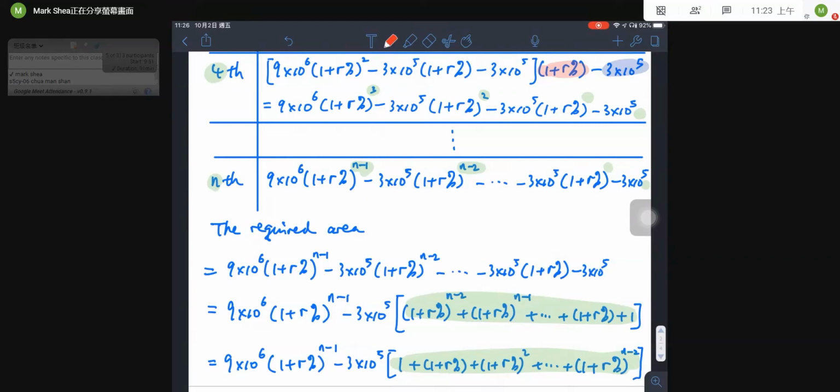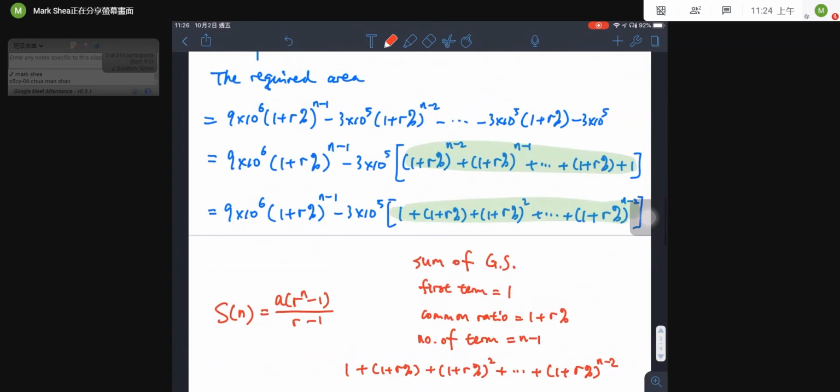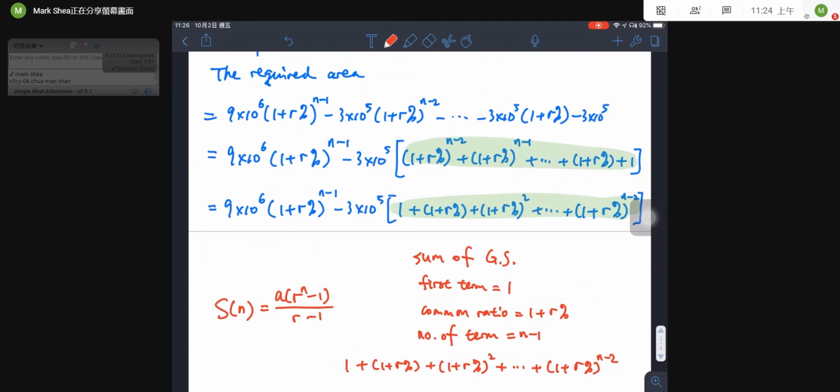Okay, now let's continue. Here I rewrite all of the sum in the square bracket. So they start from 1 and then 1 plus r percent and then 1 plus r percent squared, up to 1 plus r percent to power n minus 2. The reason why I need to reorder the summation is that if I reorder like this, then it can be considered as sum of GS with first term equal to 1